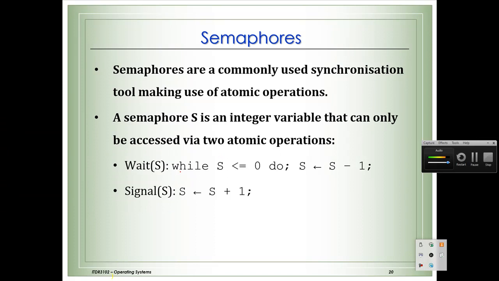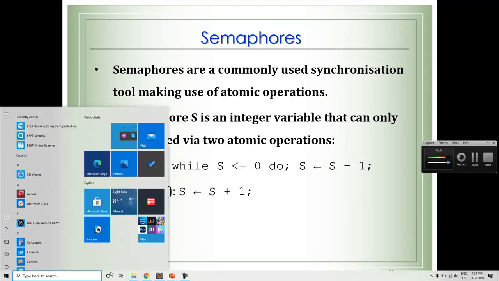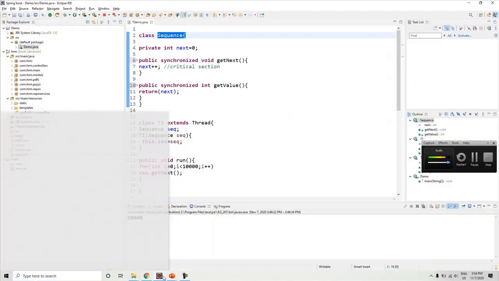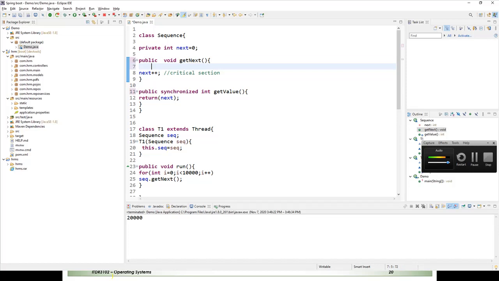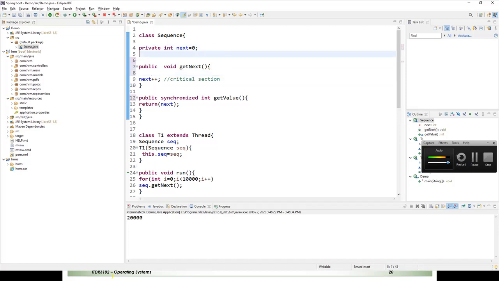That is called semaphore. Let me show it practically first, then we will come to the theoretical concept, so it's easy for you to understand. If you ask whether this is the only option through which we can implement mutual exclusion, we have so many options. The other option is called semaphore. I will explain what a semaphore is.